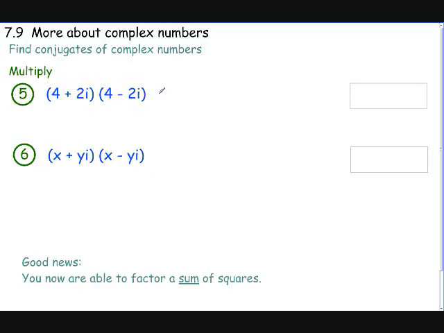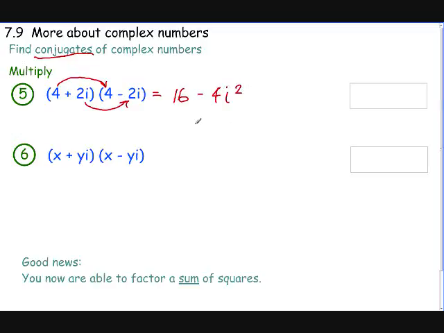Okay. We're going to multiply these two together. What have I got here? That's right. You've got conjugates. So let's multiply them. We get our first together first. Let's see, 16. Because it's a conjugate, I know that when I do the outside and get negative 8i, and the inside a positive 8i, they're going to cancel each other out. So I can save myself that step when I recognize that I've got conjugates. So all I have to do is the first and the last, which will give me a negative 4i